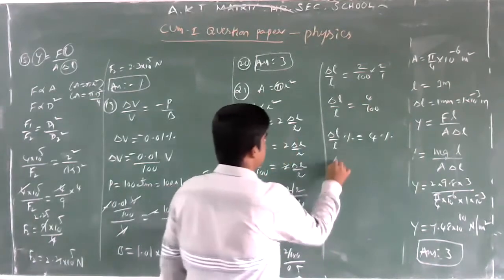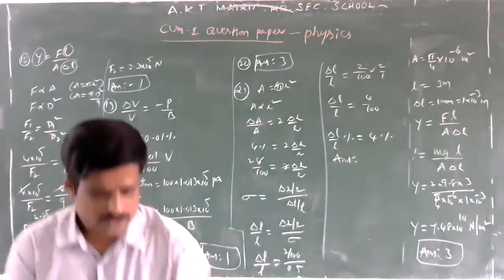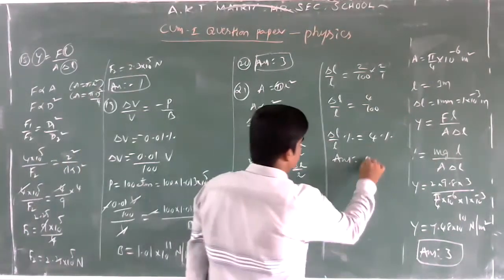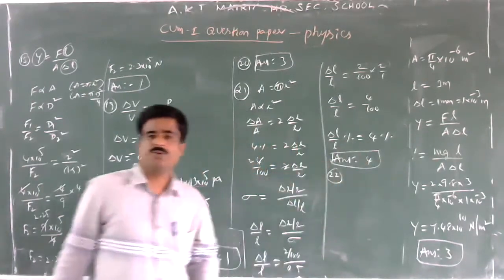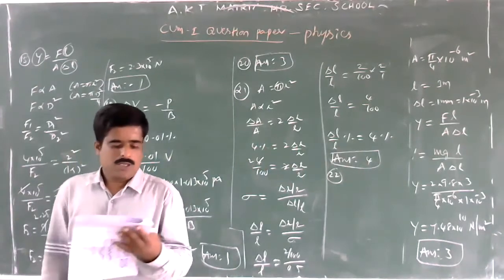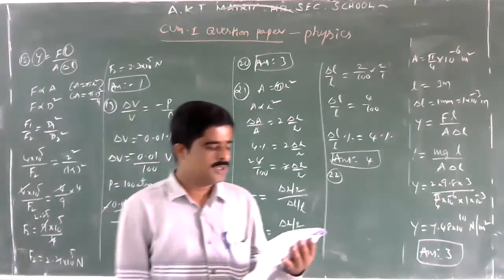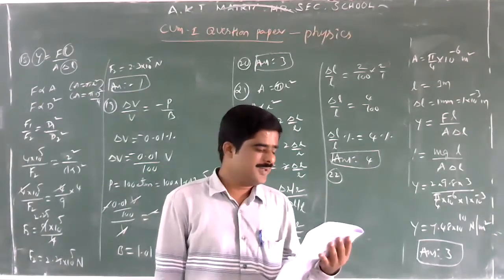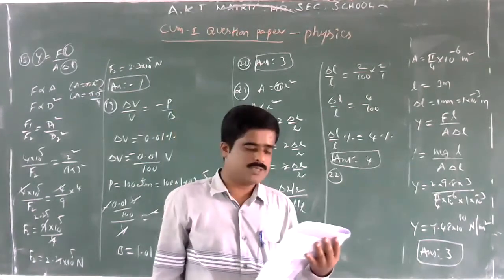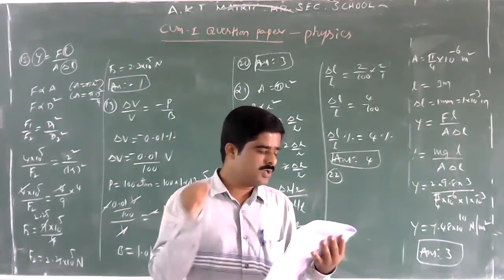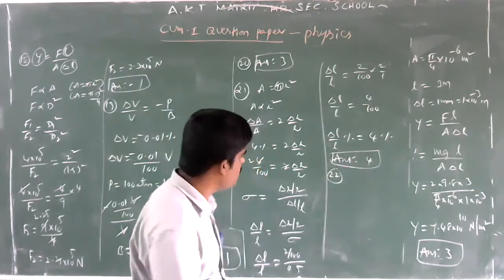Okay, so which option is correct for question number 21? For question number 21, the fourth option is correct. Okay. Next, question number 22. A rod of uniform cross-sectional area A and length L has a weight W. It is suspended vertically from a fixed rigid support. Young's modulus of the rod is Y. Then how much elongation will be produced?